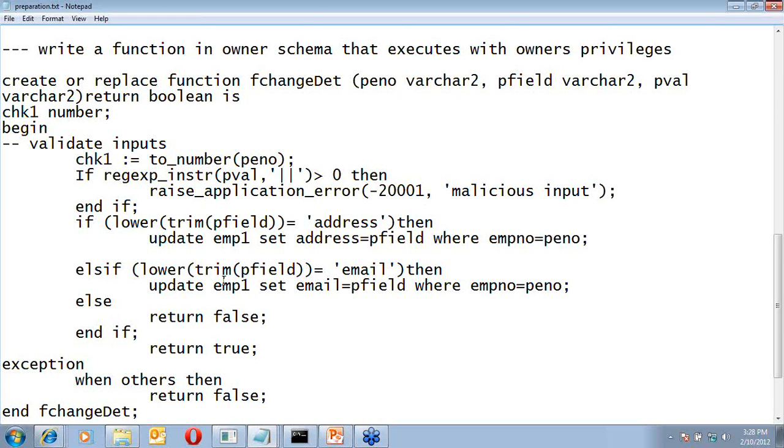Say for example, for our current discussion, the need is you want to give the employees the right to modify their address as well as email ID. But not to modify any other column like salary, commission, either for themselves or for any other user. Then in that case,